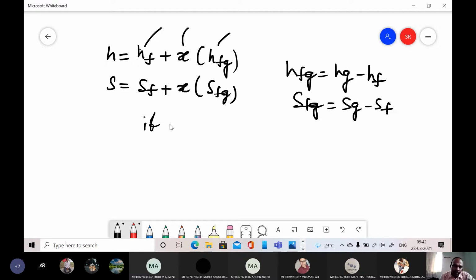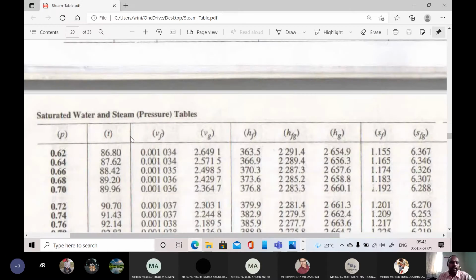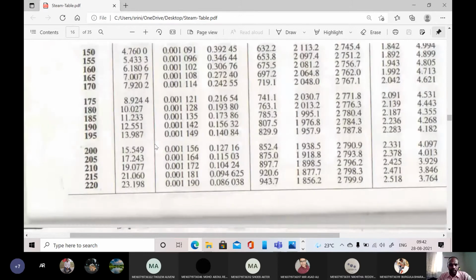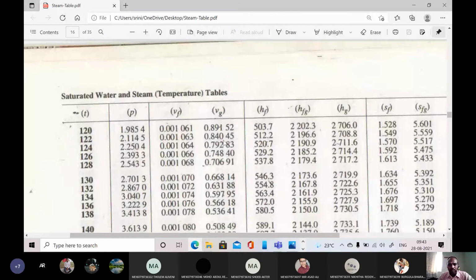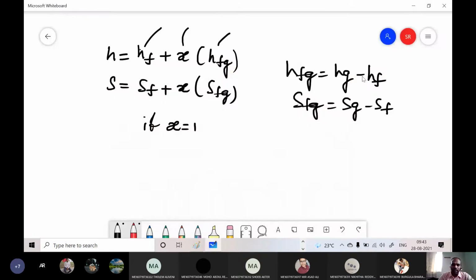Suppose the dryness fraction is equal to 1, what is that steam? That is the dry saturated steam. At that time, which value do you need to consider, Hf or Hg? Please tell me. If the steam temperature is greater than or equal to 100 degrees centigrade, say 120 degrees centigrade, you will consider Hf, Hfg, or Hg corresponding to that particular temperature. At 120 degrees, I want the enthalpy. Which enthalpy will you consider among these three values? Hg, because at that time it is steam, in the gaseous form, right?